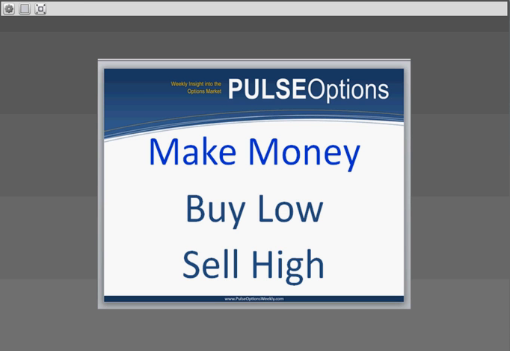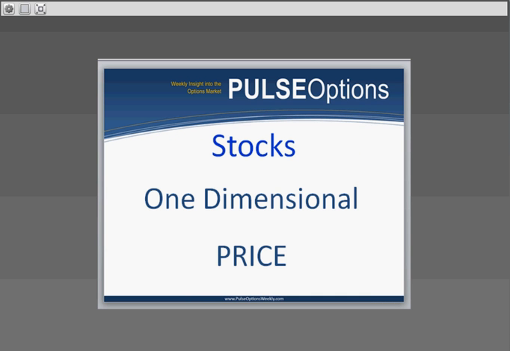Now understand, I do this because of the great mathematical advantage we have. Stocks, they're one-dimensional. Price. You buy a stock, it goes up in price, you make money. You buy a stock, it goes down in price, you lose money. Right? With the possible exception of collecting a dividend, there's no other reason to buy a stock than for price appreciation. Now, I know some people can make the argument about shorting stocks, but I don't want to short Tesla. Right? I don't want to short Google.